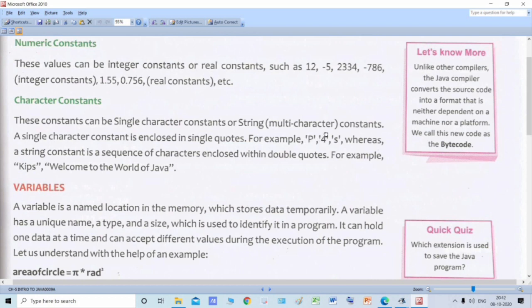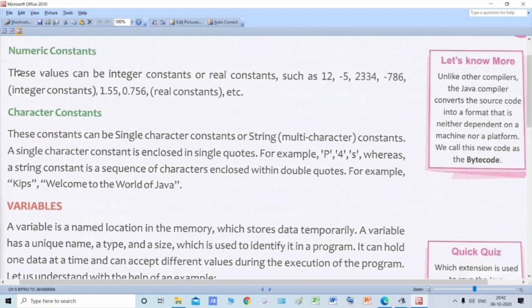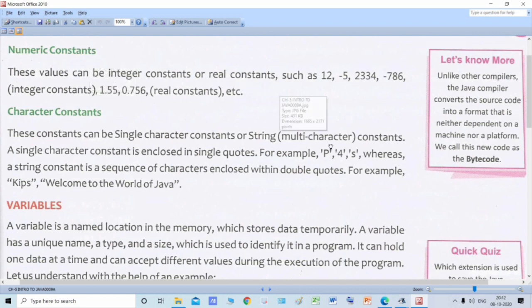See this P. Now you'll ask me, sir, this is the number 4 and this is a digit, so it should be a numeric constant. Yes, but as soon as this is enclosed inside the single quotes, this becomes a character constant. So this 4 is treated as a character because it is enclosed inside quotes.